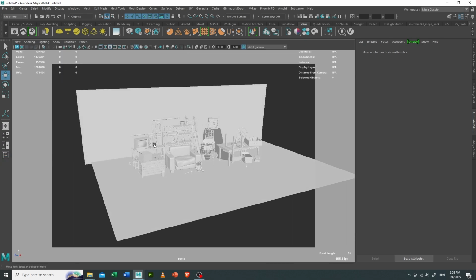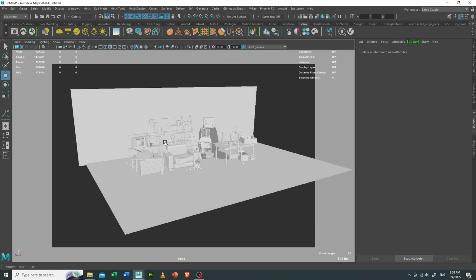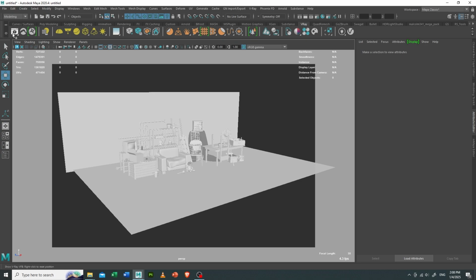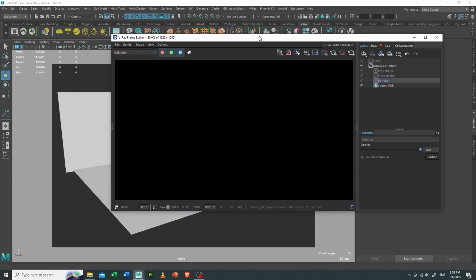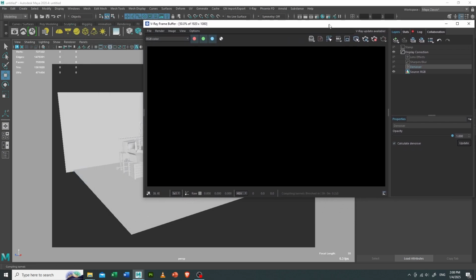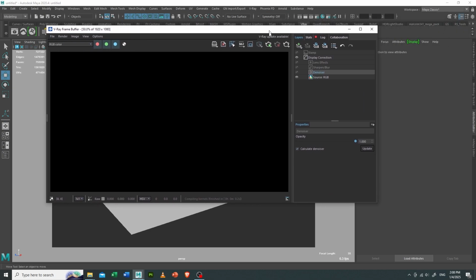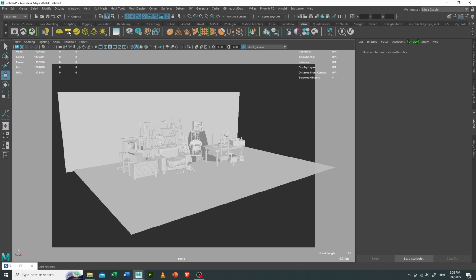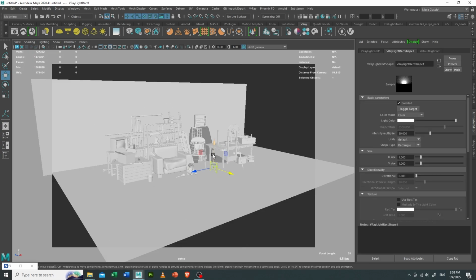I will provide this download link in the description where you can download it from ArtStation. It's completely free. What we will do is go to our V-Ray frame buffer, and as you can see here, nothing is there. It's completely black. If we render, we do not see anything because we do not have any kind of light, right? So what we will do, we'll go to the V-Ray panel and press this rectangular light, and I'll